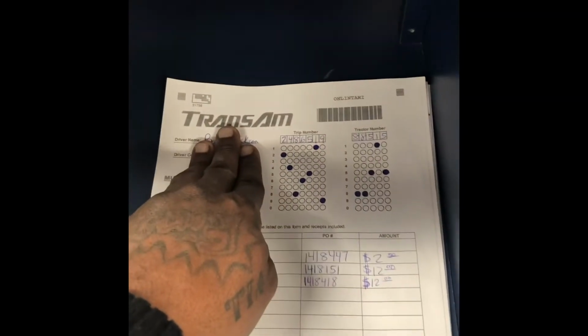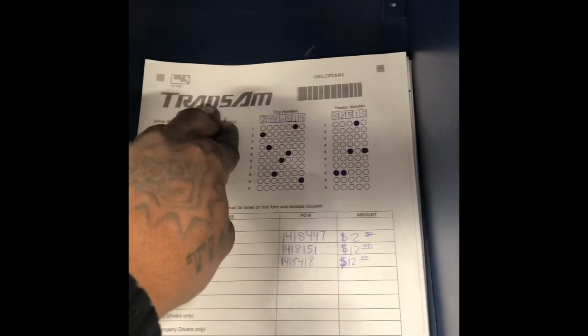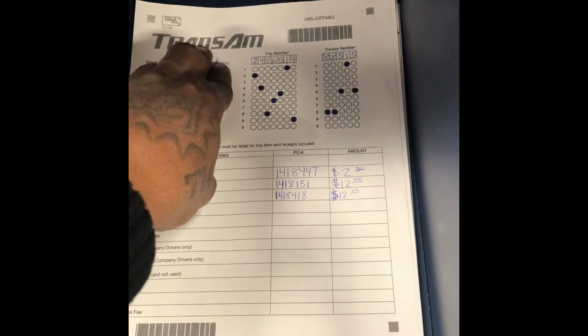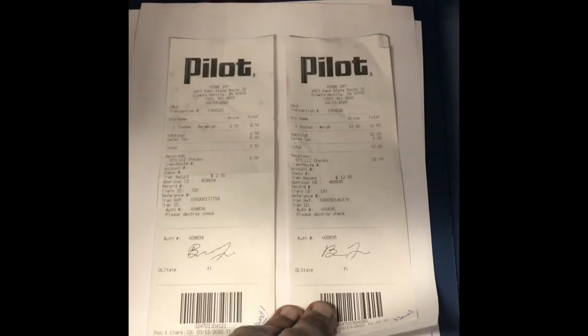So what y'all are looking at now is me about to do TransFlo. I'm about to send in my paperwork. This is how you get paid. Okay, so as you can see, I got the trip sheet on top, right? And I don't want y'all to see my driver code or whatever, but the trip sheet is on top, the bills of lading follow, and then what you see right there is my receipts from all the scale tickets I got,